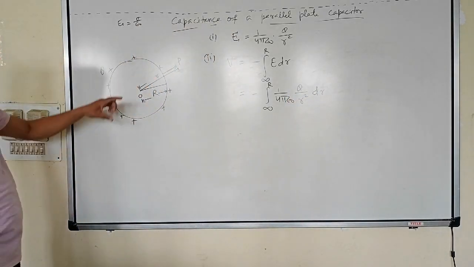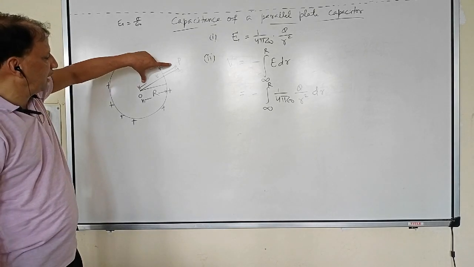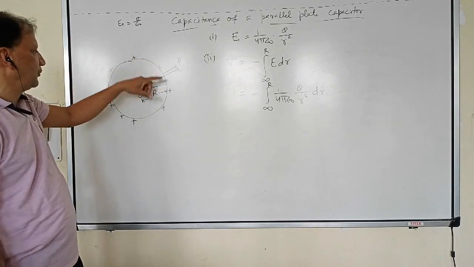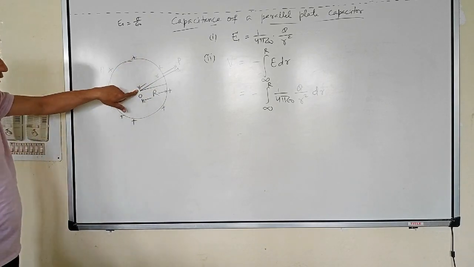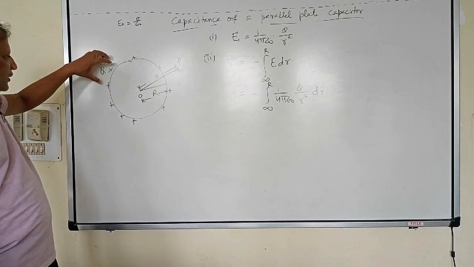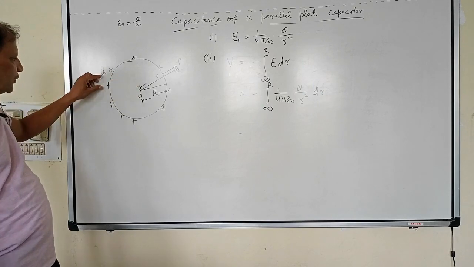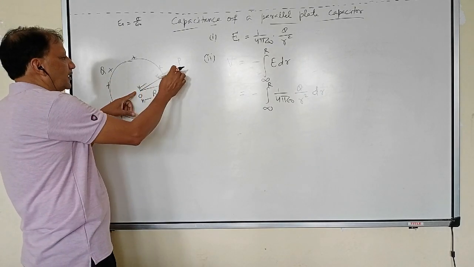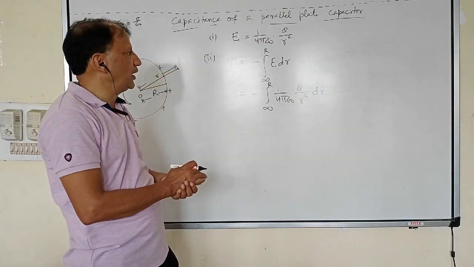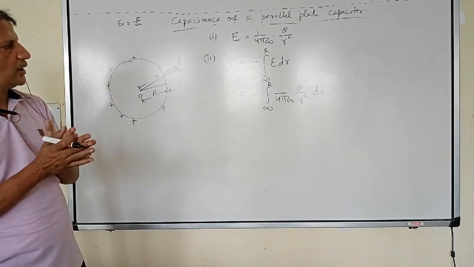What will be the electric field at a distance r? With this charge, we have seen that the sphere will behave as if the entire charge is located at its center. So this total charge will behave as if it is located at O, acting as one charge Q. For a given charge, the electric field at a distance r is given by E equal to 1 upon 4 pi epsilon naught Q upon r square.